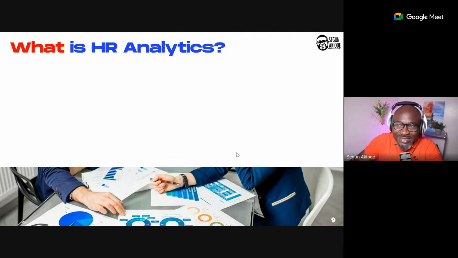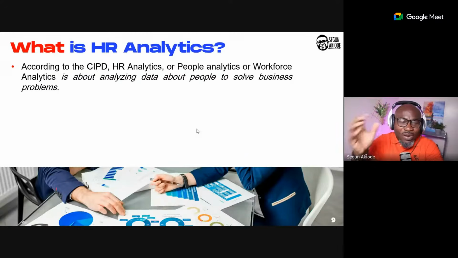What is HR data analytics? Someone will ask. One, according to CIPD, HR analytics, people analytics, as I've mentioned earlier on, workforce analytics, all these words can be used interchangeably, is about analyzing data about people to solve business problems. So HR analytics is not about the tools. It's not Excel. It's not Power BI. It's not SQL. It's not Tableau. It's not Python. No. It is the ability to take your data, HR data, you analyze them and solve your